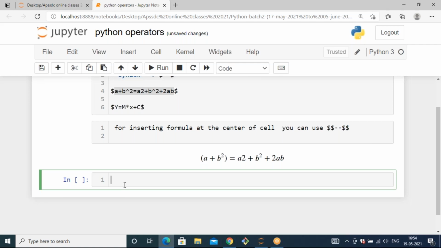For inserting all these formulas, we should know how it happens in the background. In the background, it takes one kind of default syntax, that is LaTeX. It is a kind of mathematical representation language. With this LaTeX library, we can import these formulas into a Markdown cell. LaTeX is a displaying function to display the formulas in Markdown.